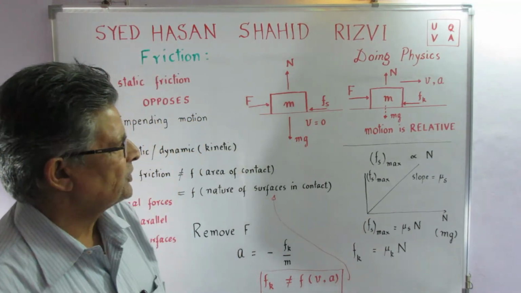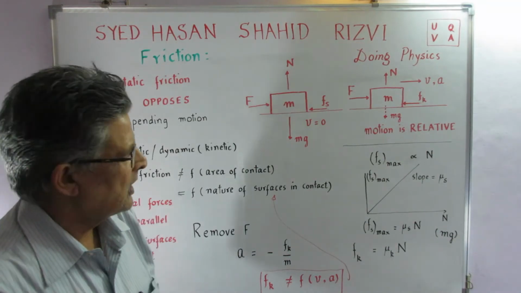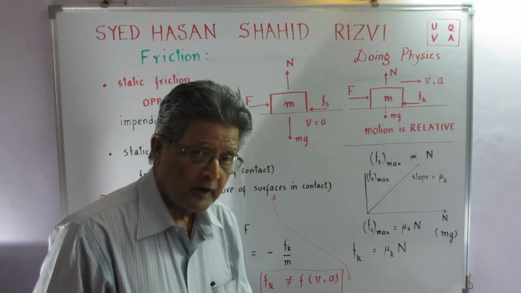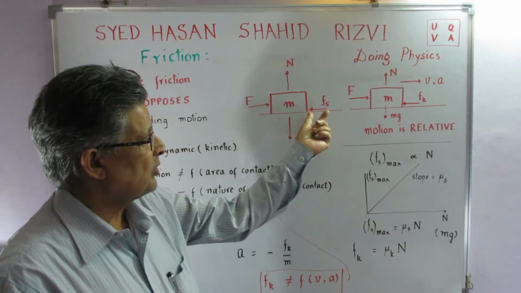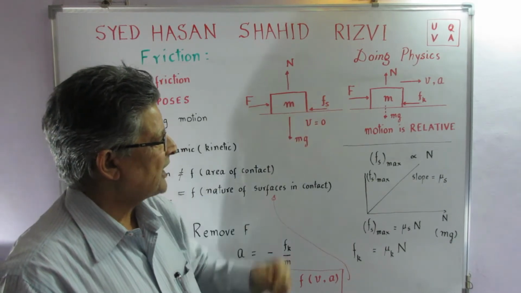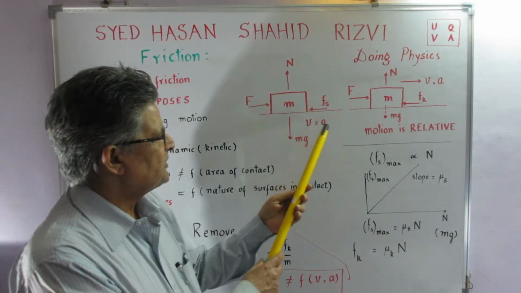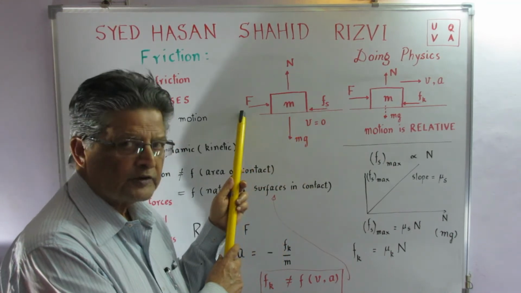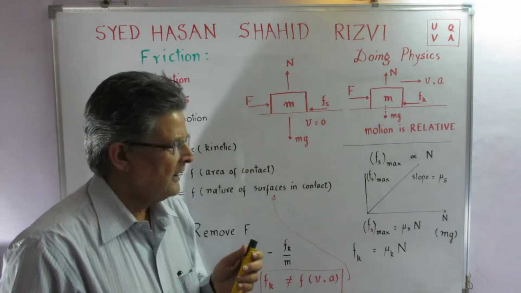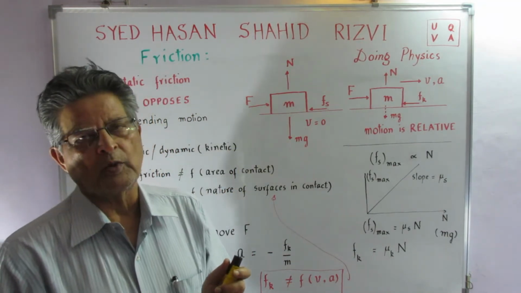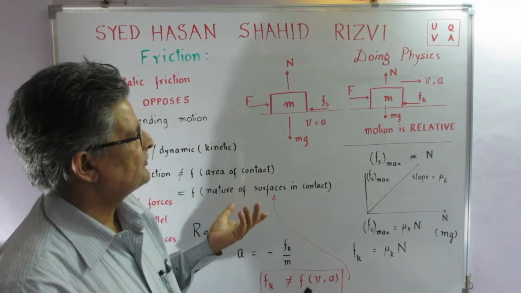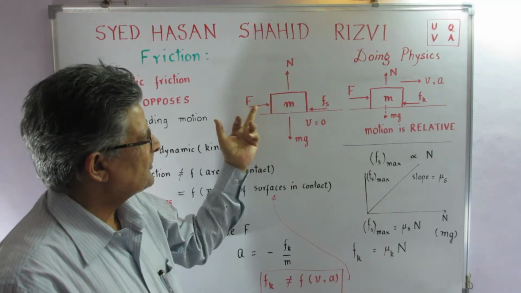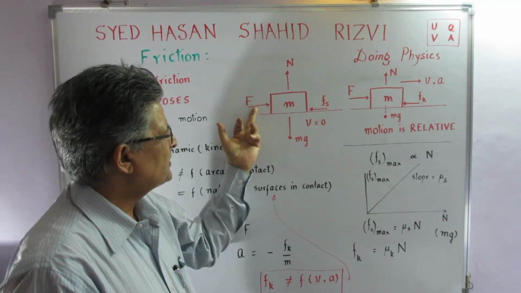Let us increase this force. And the opposition also increases because the body is not moving. So that means the force that I am giving over here is Fs, which is the static force. The velocity is still equal to 0, and this force keeps on increasing as this force is increasing, until a time t equal to 0 minus, t equal to 0 plus, both of them are equal. It happens that after that, if we increase the value of F